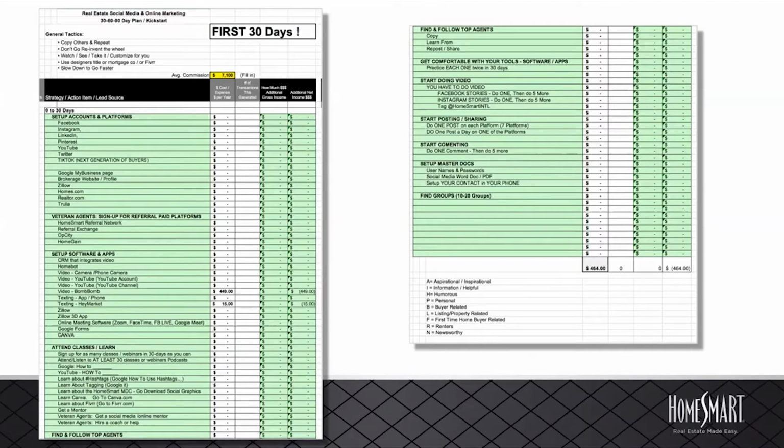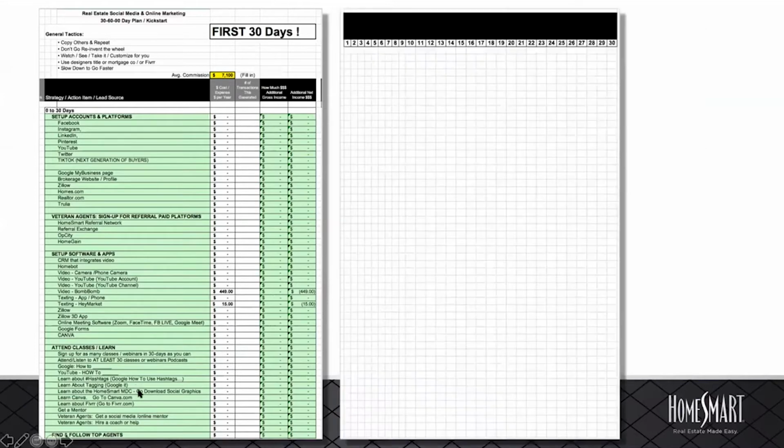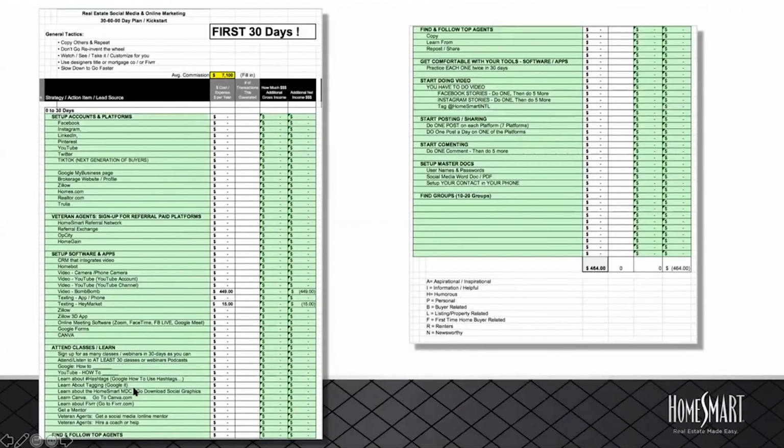So really for the first 30 days, one of the things that she says is sign up for as many classes and webinars in 30 days as you can. If you build the muscles and lift some weights and put in some time in those first 30 days, then you know how to do things. We call it slow down to run faster later. So you spend a little time, Google how to do certain things, watch these videos, learn about tagging, learn about hashtags, learn how to use the Marketing Design Center at HomeSmart, learn how to use canva.com, attend these classes and learn,